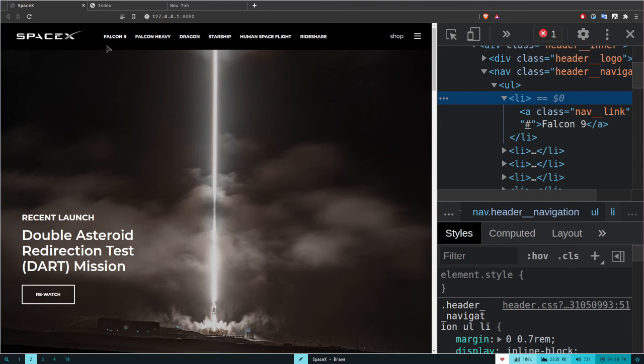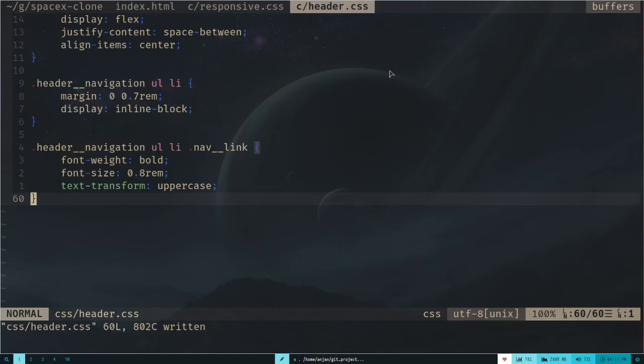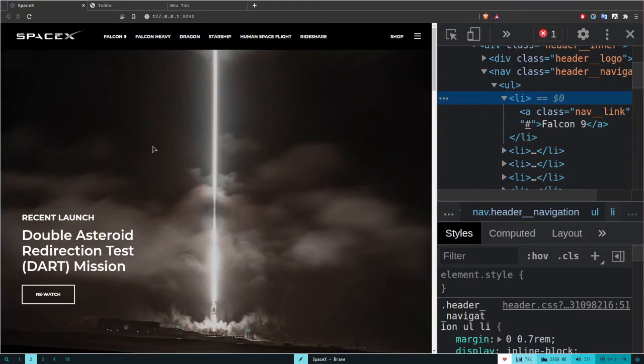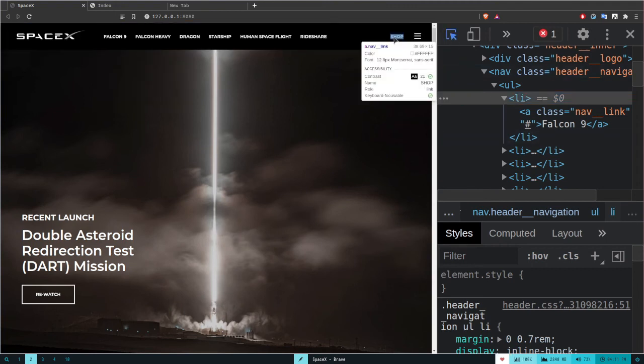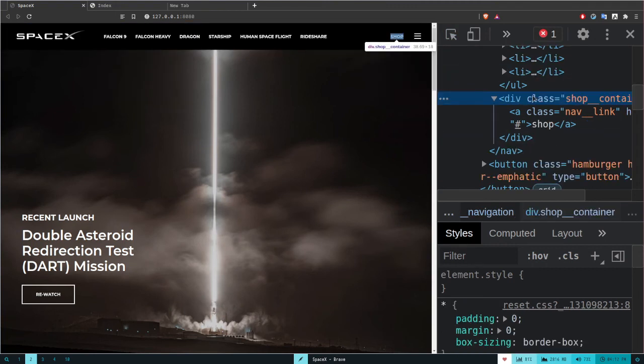Alright, so our links are looking much better than before, but the shop link style hasn't been changed. I need to remove UL and LI from the selector because the shop link is outside of the unordered list. Now it is good. Now if I inspect the shop link, it is taking only small amount of width, so